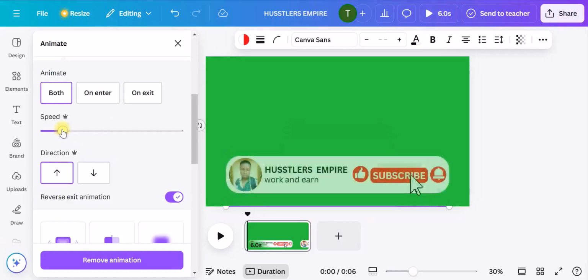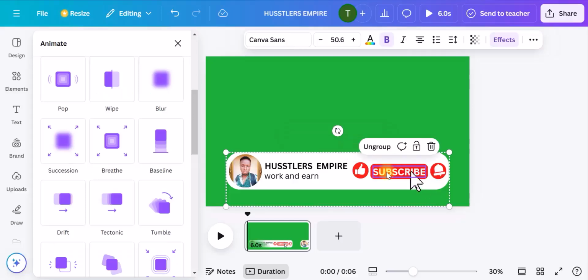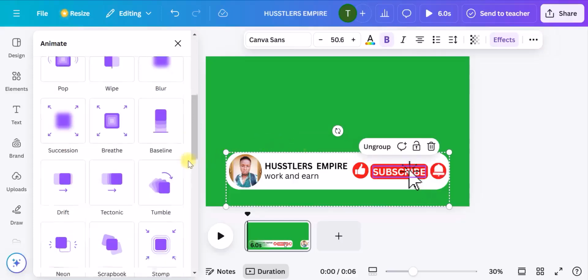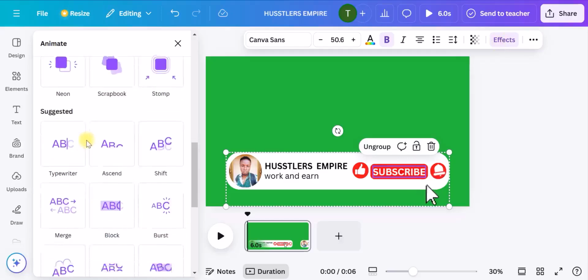You just play with the speed. I think that's okay. Then now when that is done, we want to also animate again additionally this subscribe button, because as this mouse is clicking, it should be as if the subscribe button is also being animated. So you scroll down again, the same thing, you click on it, you come to animate, it's going to be here. You scroll down,